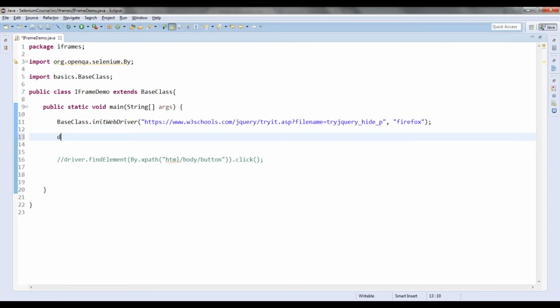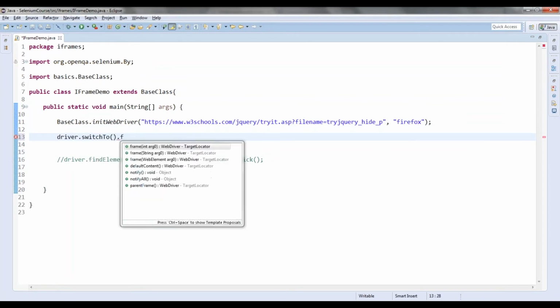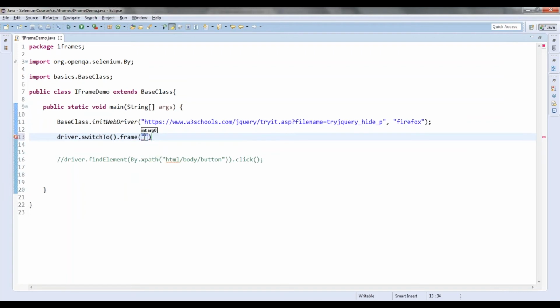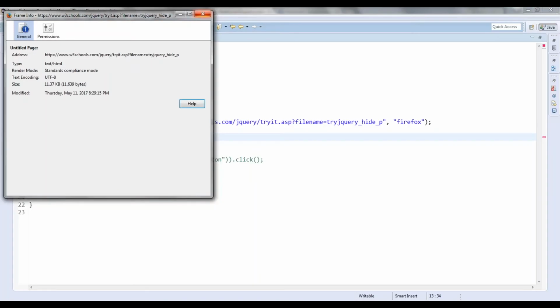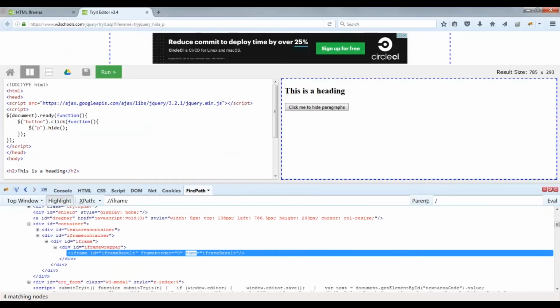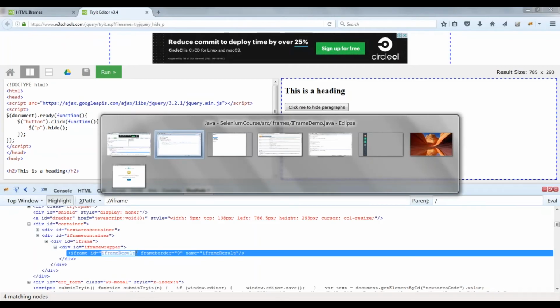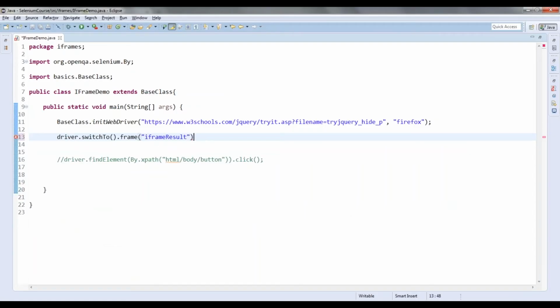So what is the command? driver dot switchTo dot frame, you can see here, and then I can pass the ID of this frame. If I go here, it has the ID iframe result. Switch to this particular frame.